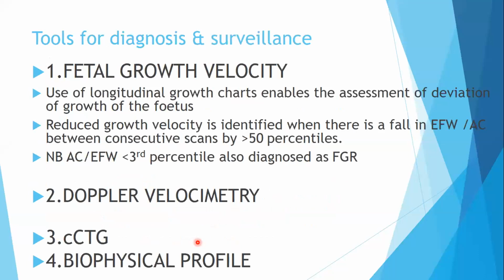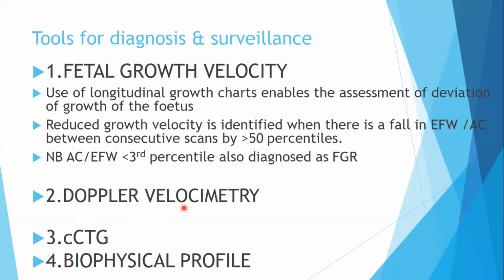Now, I want to go into tools that we use for diagnosis and at the same time surveillance, as they are interlinked. Some of them will be used for diagnosis and also for surveillance, although there are some tools which are strictly for surveillance. So the tools that we use for diagnosis in this case is the ultrasound scan, whereby we want to do firstly fetal growth velocity, and then we also use the ultrasound scan in the form of